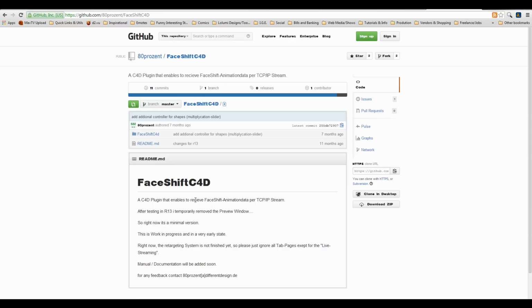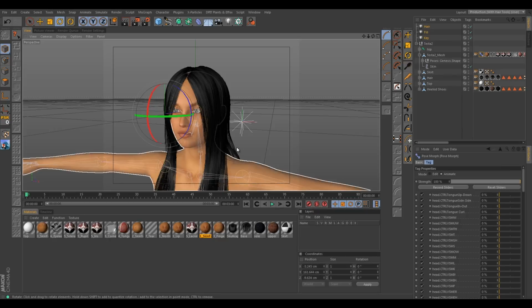And he's created this FaceShift C4D plugin that basically takes a FaceShift recording and imports it in, and it will automatically attach it to Cinema 4D blend shapes. So it's very, very powerful, and it allows you to do a lot of tweaking and addition and stuff like that. It allows you to really get quickly into animating your characters. So let's just get to it.